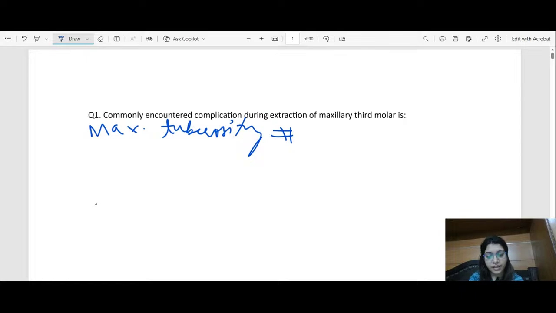What happens is the anatomic position at the end of the dentoalveolar arch is such that this portion has no support, and the internal composition may be a significant maxillary sinus or soft osteoporotic bone. It has been seen that the incidence of maxillary tuberosity fracture is 0.6%. Extraction of 500 maxillary third molars is accompanied by 3 fractures of the maxillary tuberosity. Secondly, what can occur is